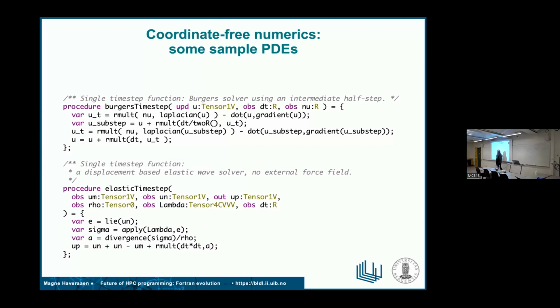But what you can see now is that things are very close to the physics, and you can translate this into physics notation by inserting nablas, dot products, nabla squared, multiplication with a scalar, and subtraction. So this is basically taking the mathematical formula for a half-step solver for Burgers' equation, these 4 lines of code, and just encoding them using function calls in a programming language.